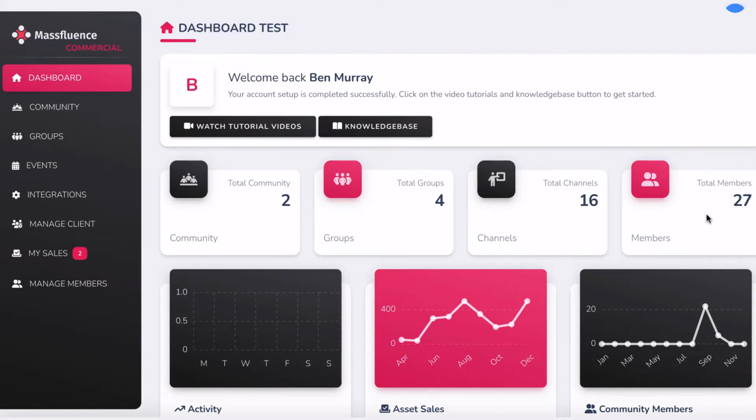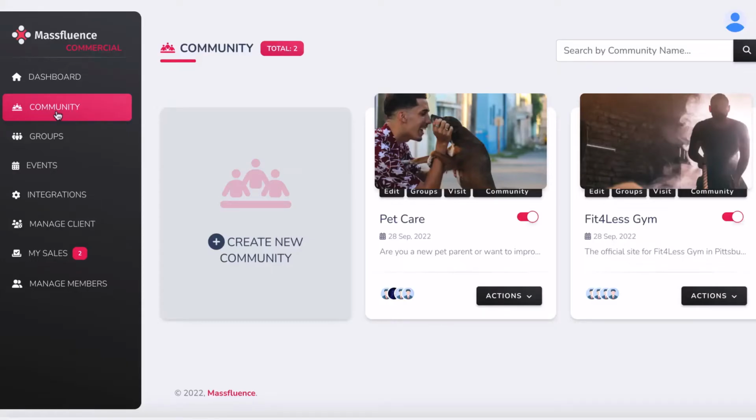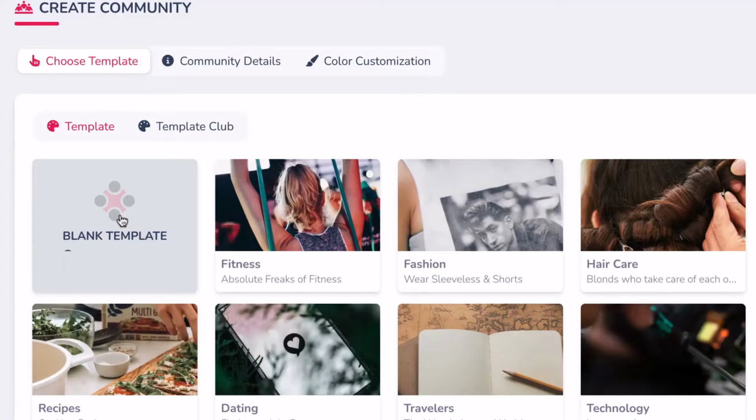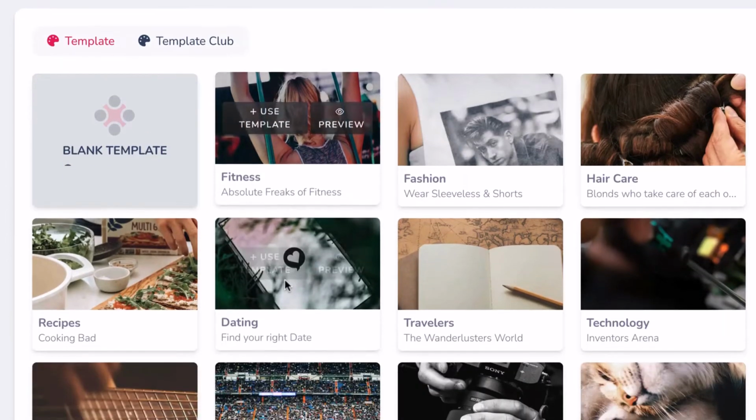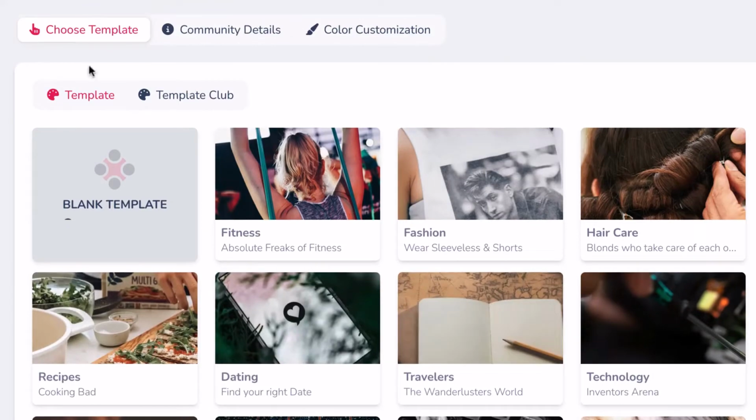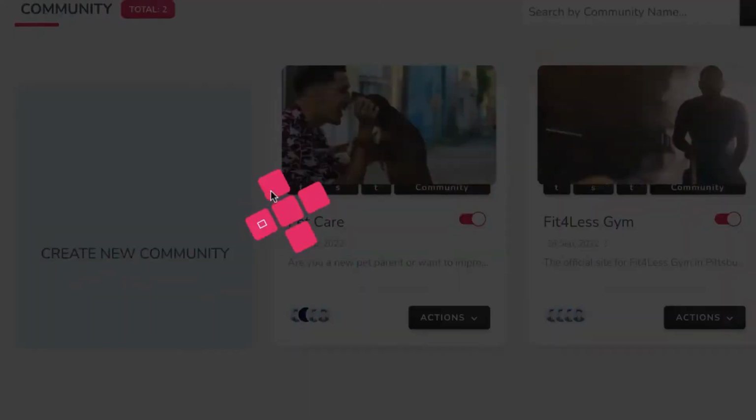Now to get started, log into the cloud-based app and click Community to build a new site for your own business or a small business you're working with. Click Create Community and choose from one of the Massfluence gorgeous done-for-you templates for your site, or start from scratch with a blank template. You can also view sites you're currently building and edit them fast and easy by pressing